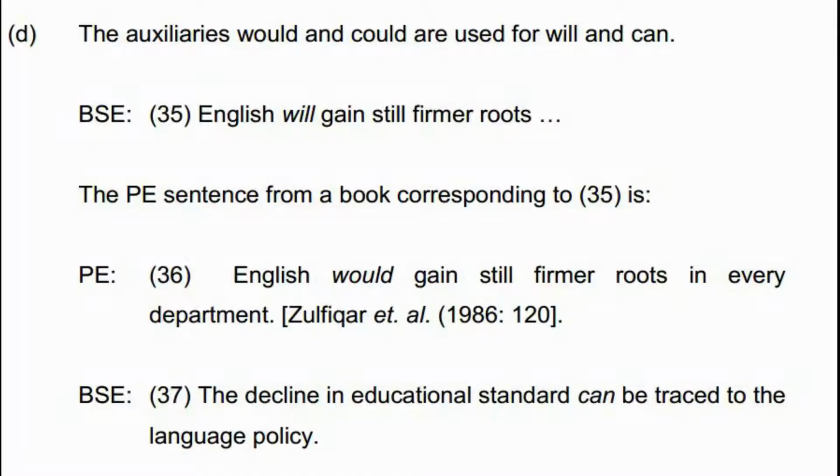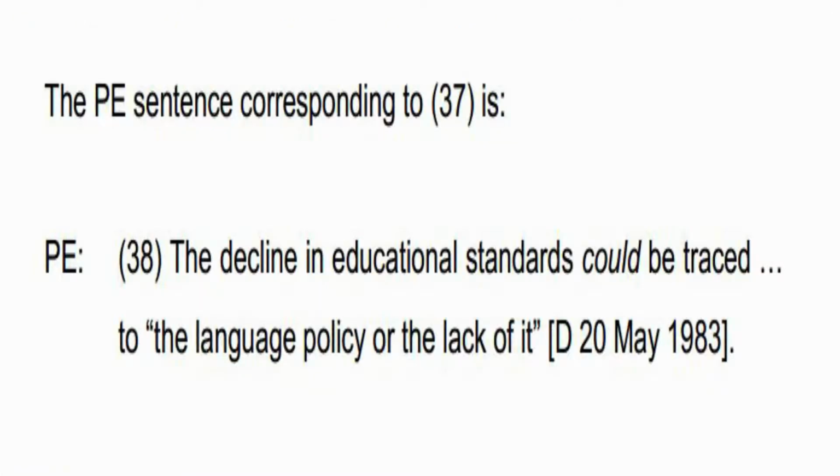The next feature is the auxiliaries would and could are used for will and can. In British Standard English, it is said English will gain still firmer roots. In a Pakistani book, it is written like English would gain still firmer roots. The next example is the decline in educational standard can be traced to the language policy. In Pakistani English, it is written as the decline in educational standards could be traced to the language policy or